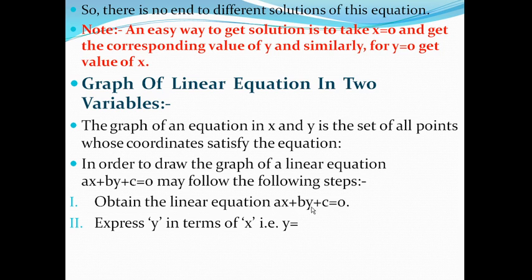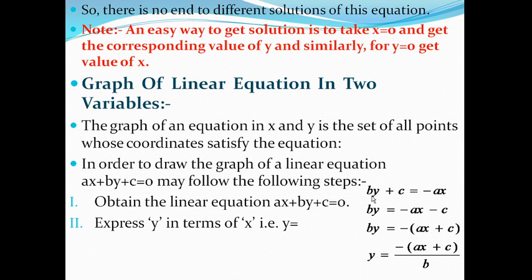Since we have this equation, this is the standard form. So how are we going to express y in terms of x? Just have a look. The very first step we have done is we have taken ax towards the right hand side. As I have told you earlier, when we change the position, since it was on the left hand side, it is moving towards the right hand side, so the sign gets reversed. Earlier it was positive, so when it comes towards the right hand side it will become negative.